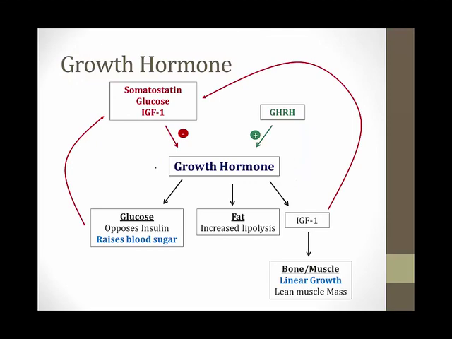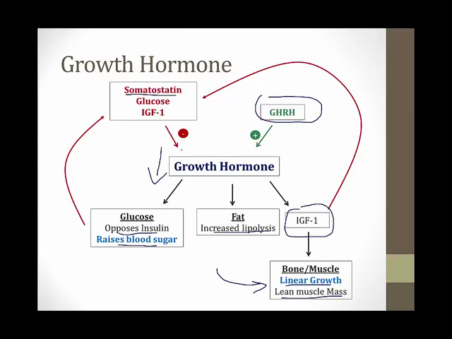Here's a summary slide of the control systems for growth hormone and its effects. GHRH from the hypothalamus stimulates growth hormone release. Growth hormone can directly affect glucose by opposing insulin and raising the blood sugar. It can also directly lead to an increased lipolysis in adipose tissue. And then finally, it can stimulate IGF-1 to be produced by the liver. Via IGF-1, growth hormone can produce changes in bones and muscles. It can drive linear growth of bones and the production of lean muscle mass. IGF-1 and glucose can negatively feed back to decrease the amount of growth hormone. In addition, IGF-1 and glucose can drive production of somatostatin from the hypothalamus, which also inhibits the production of growth